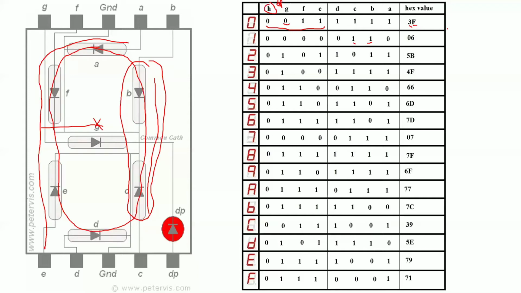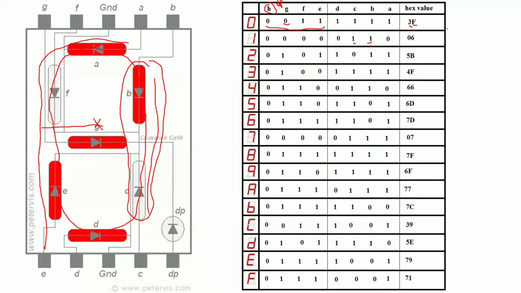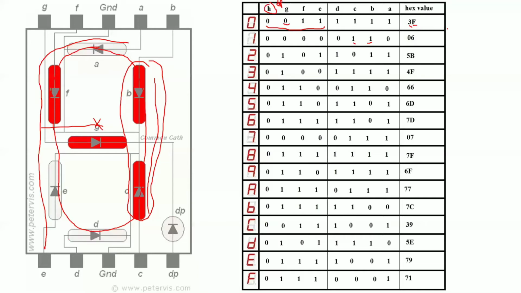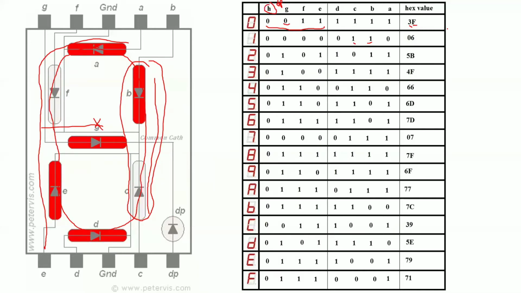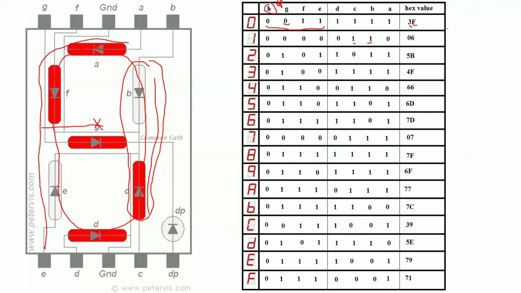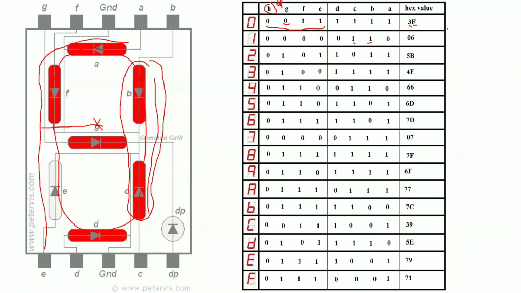That's why you will store this entire 7 segment display information inside one memory. Which memory? You tell me, RAM or ROM? This is permanent data, it is not going to be changed. That's why you will store the data inside your permanent memory, which is nothing but ROM. Wherever you want to store data permanently, you can use the program memory, that is your ROM. This entire information will be stored inside the program memory in the form of lookup tables.